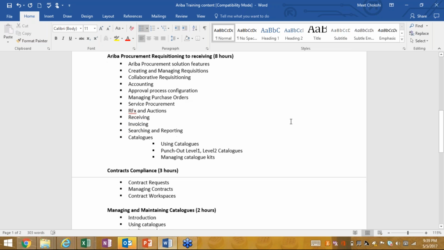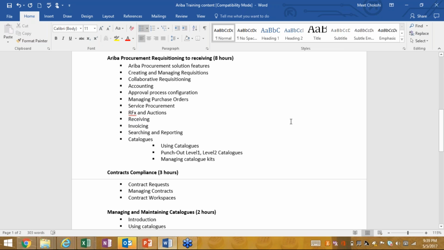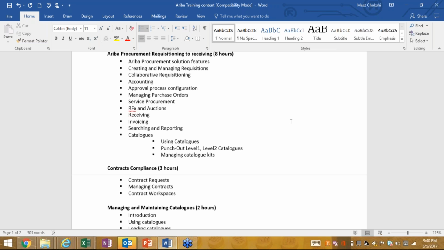And then downstream also uses catalogs. So Ariba Procurement Content is one of the separate modules where we have the catalogs. There are two types of catalogs: static catalog, which we can just upload using the CIF files, and then we have XML catalogs, where we can have punch-out catalogs directly using the supplier's website and punch out to the supplier. So Ariba supports both those catalogs, and we can see the differences, like punch-out level 1, level 2, and then what is a static catalog.